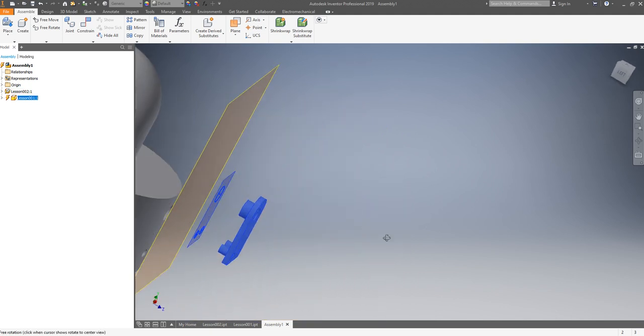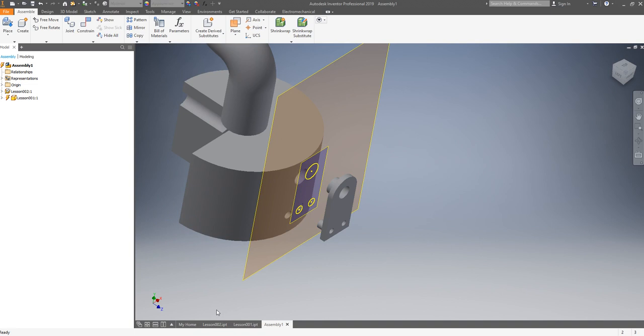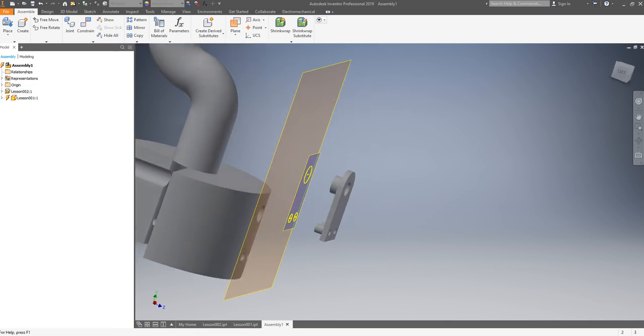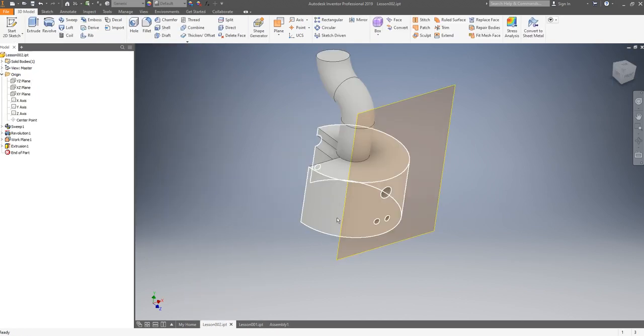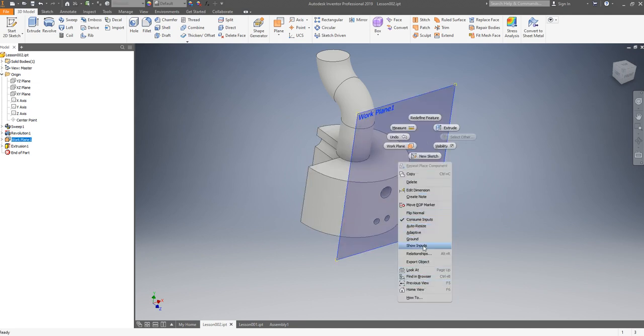So first of all, what sort of freedom I want to limit? I want to get rid of the virtual plane first. So go back to the part. This is the plane. Right click. Visibility is here. There.